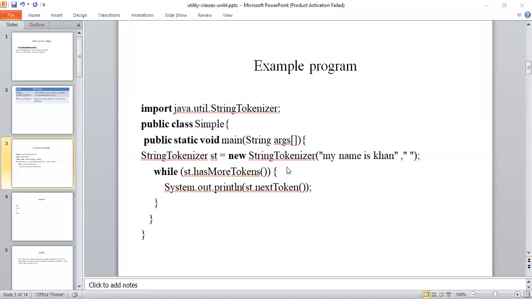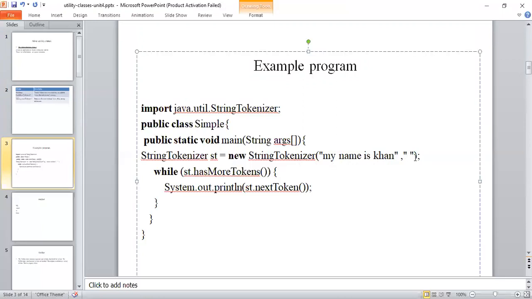As I just explained, in this StringTokenizer class each word is separated with delimiters. The first one is a space, or else instead of a space I can also use a comma.